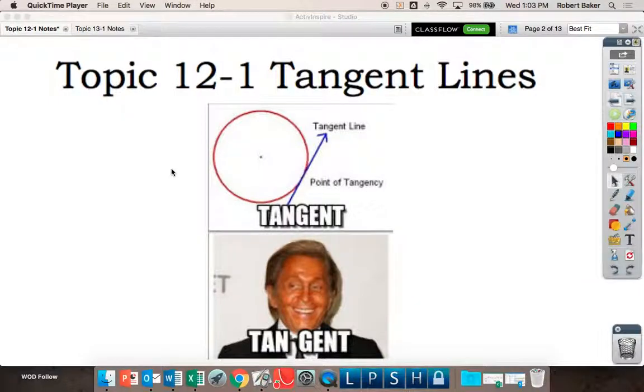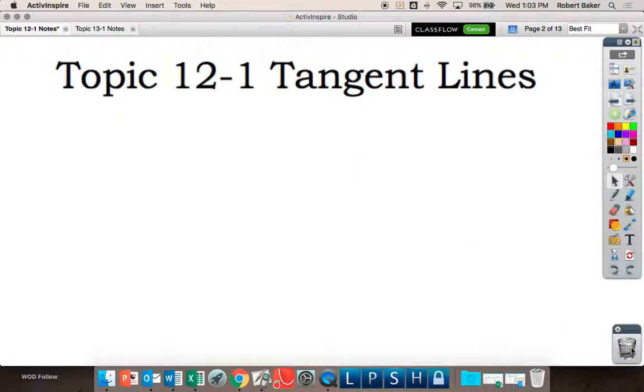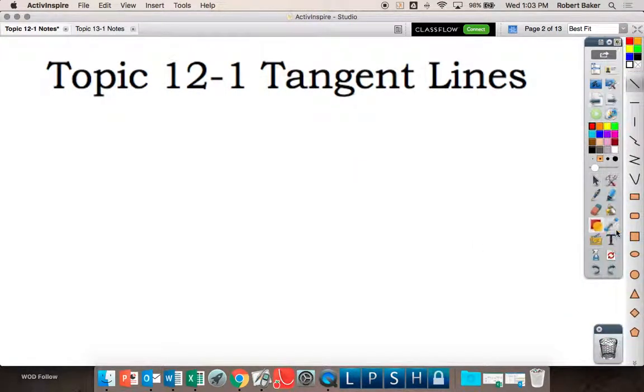All right, so for tangents, we talked about circles in the past, and we've talked about the area of a circle, the circumference of a circle, all that great stuff. So we're still starting with a circle, so draw a circle, right? Properties of tangents, it has two specific properties. Property number one,